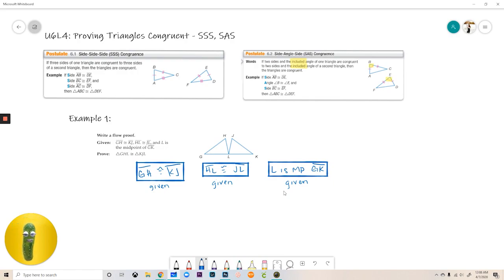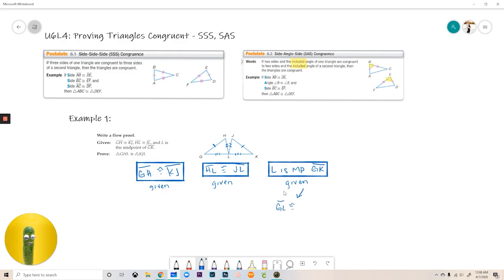So I'm going to mark this image here. I'm going to say GH is congruent to KJ, and then we have HL and JL. So this is 2, this is 2. And then we know that L is the midpoint of GK. What does that mean? L is the midpoint of GK. That means that L is located directly in the center, which says that these pieces are broken up into half. That tells me that GL